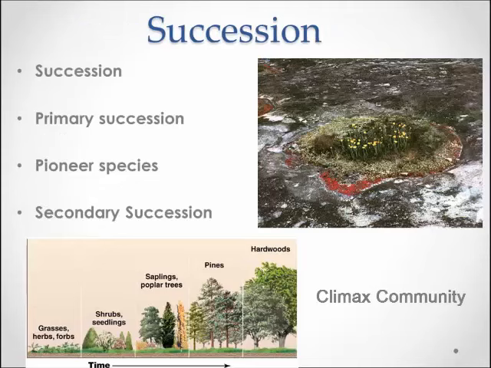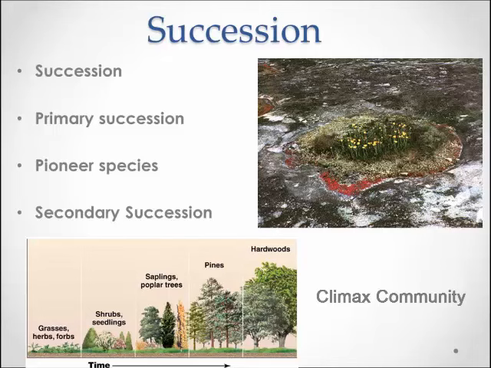When disturbances are severe enough to eliminate all or most of the species and community, the affected site will very likely go through a set of predictable changes, which is called succession. The two types of succession are primary succession and secondary succession. Primary succession is when the disturbance removes all vegetation and soil. All that is left is bare rock.